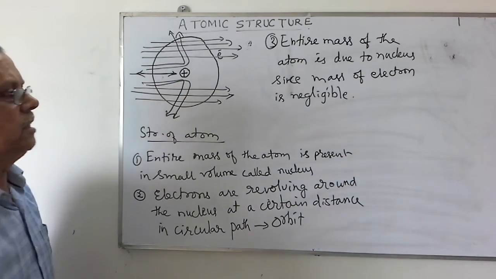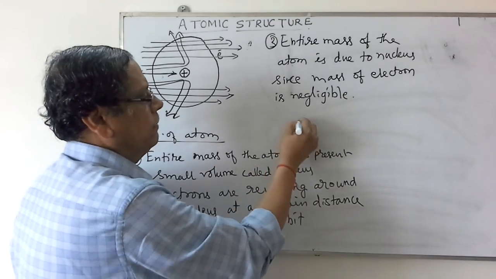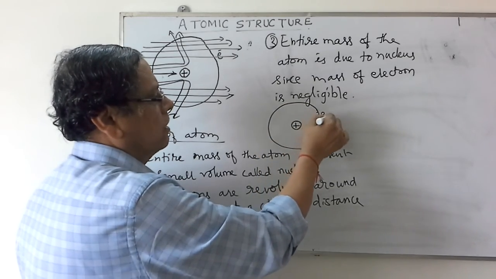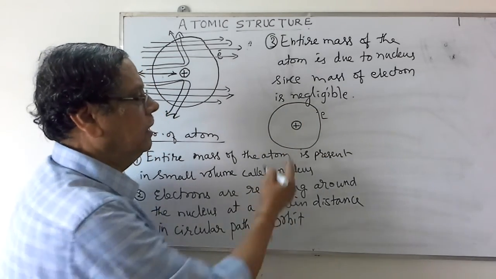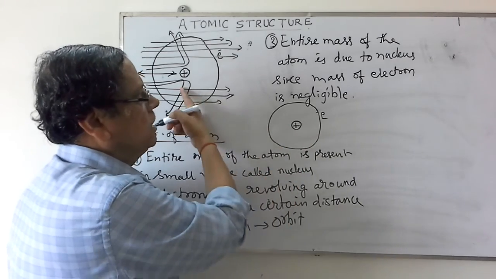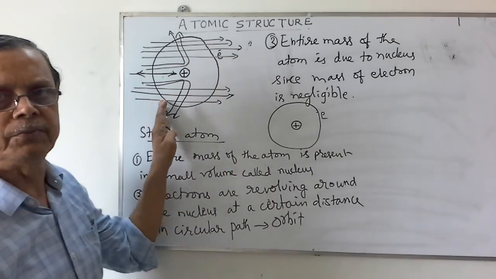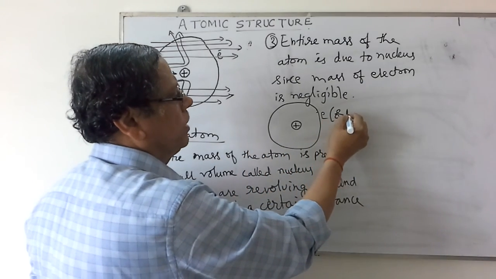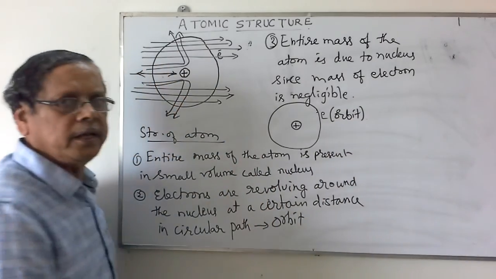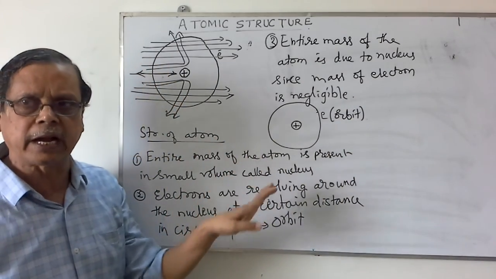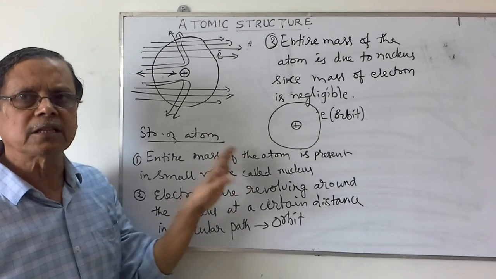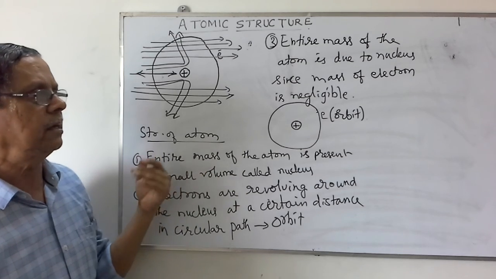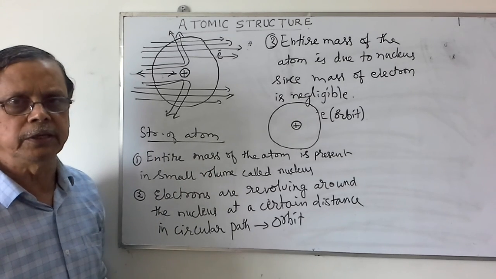So if you consider this as a nucleus containing the protons as well as the neutrons, and this is the circular path in which the electrons are revolving around the nucleus, then there is a large empty space. That's why there is no deflection of most of the radiations. So this is the orbit in which the electrons are revolving. Even though this explains the arrangement of the nucleus and electrons, there is a drawback. There are some drawbacks for Rutherford's model also. So those drawbacks and the other models we will consider in the next video. Thank you.